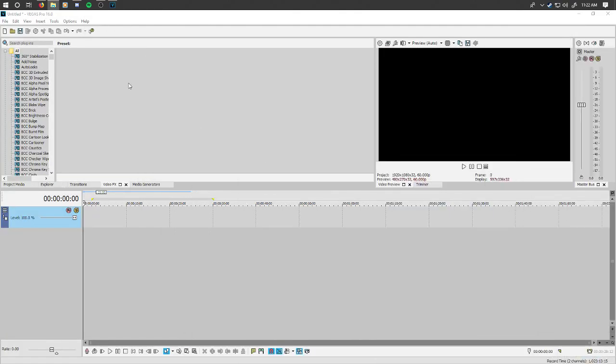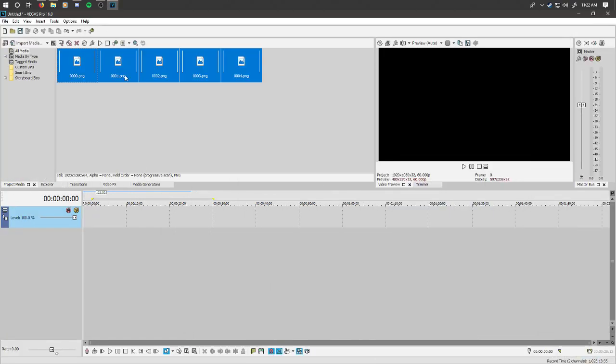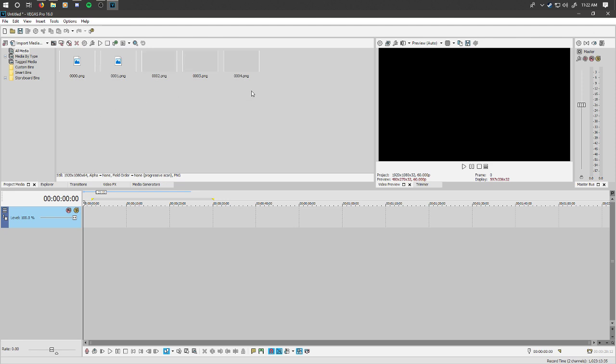Now I'm just going to throw it all into my project media here. Which I want to delete these frames, because I really don't need those. I'm just going to be re-importing everything anyways. So, oh wow, Vegas. Right. I'm importing 1,300 frames.